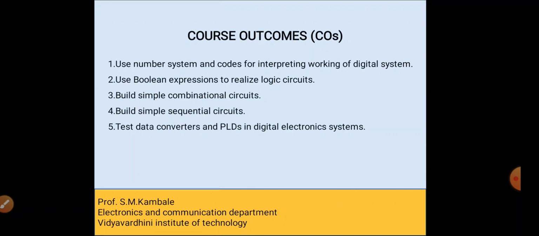So in this unit or chapter we will see the types of various logic gates, that is basic gates, universal gates or some derived gates. After the completion of it, we will also see the Boolean laws, De Morgan's theorem, and also the logic families, that is TTL, CMOS or ECL.